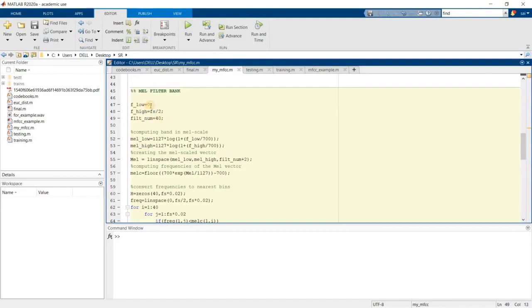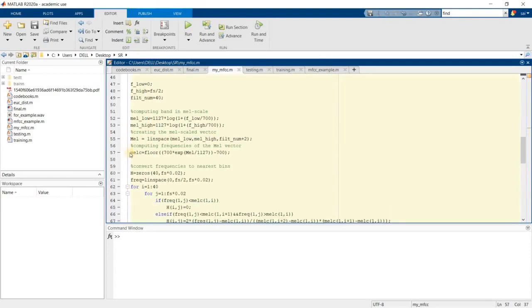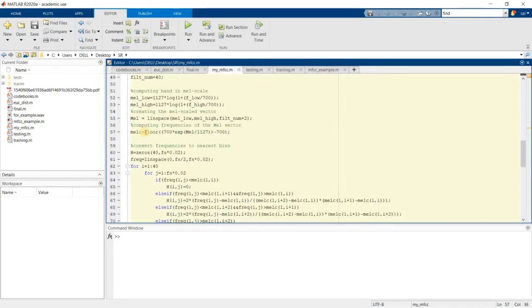So first we convert this low frequency into a MEL scale low value and the high frequency value into the MEL scale, and then we create a total of 42 values from the MEL low to MEL high. Then these are again converted into the frequency scale. The obtained frequencies are the MEL frequencies.